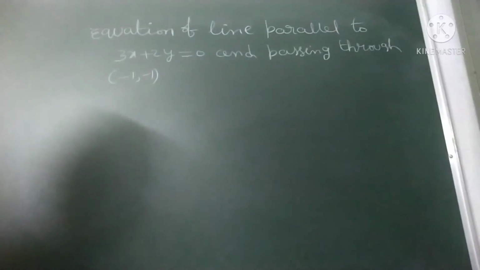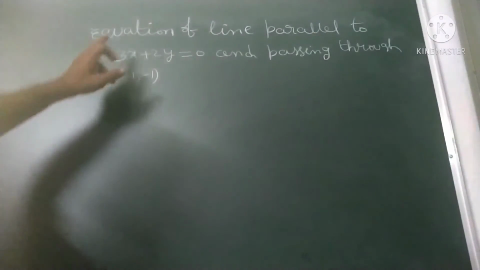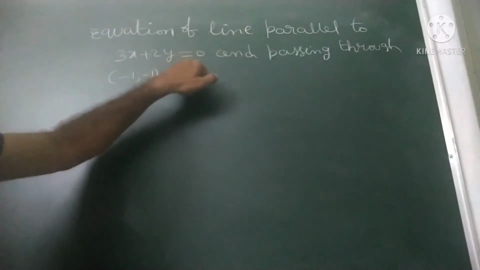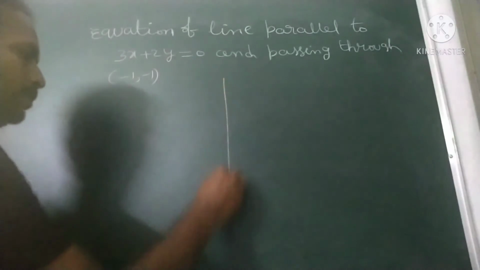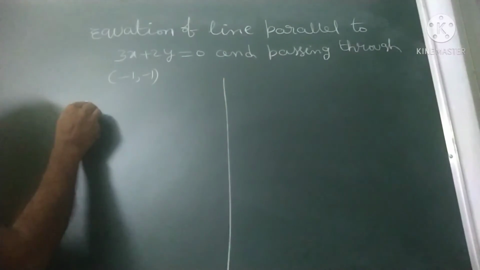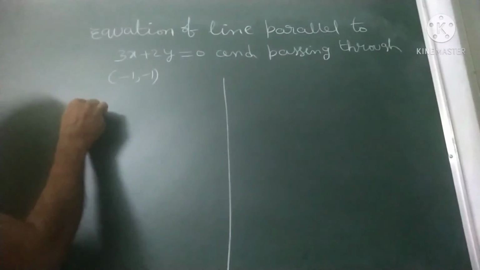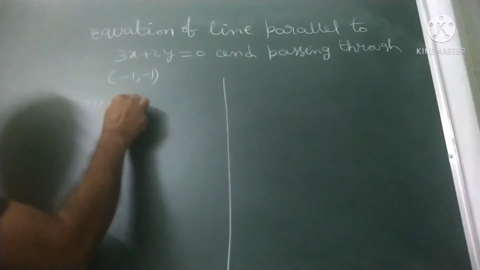So children, this problem I will explain in two methods. Equation of line parallel to this and passing through (-1, -1). Required line